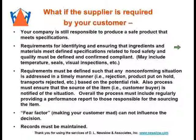What if the supplier is required by the customer? Your company is still responsible to produce a safe product that meets specs, that meets all the requirements. Requirements for identifying and ensuring ingredients and materials meet specifications related to food safety and quality must be defined and confirmed compliant. And this could be done with ways like, on receiving, make sure the temperature is what it's supposed